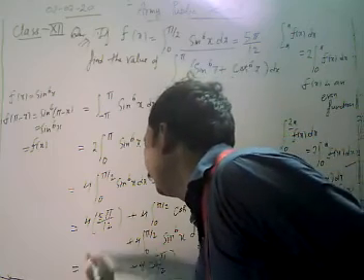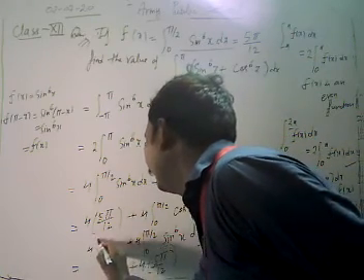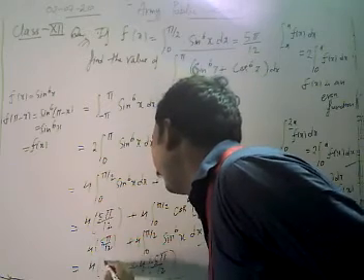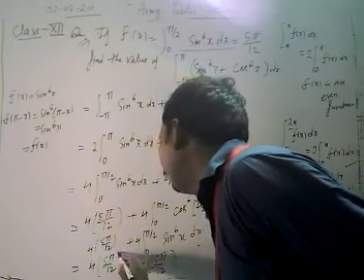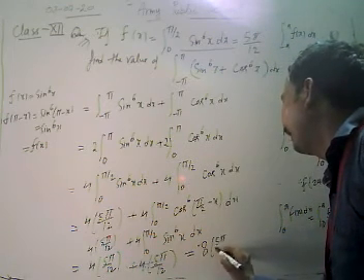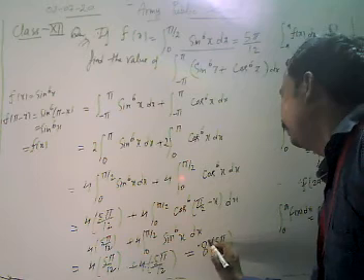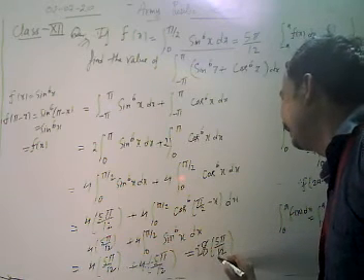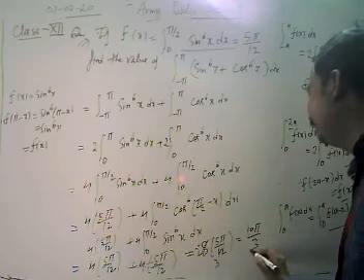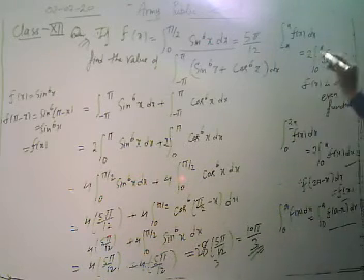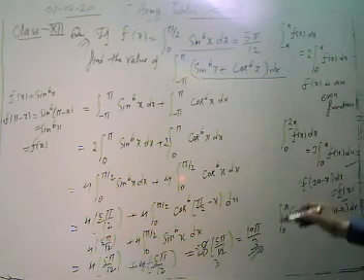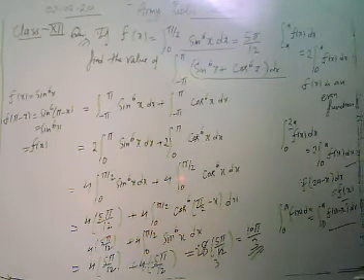Also we have 4 times 5 pi by 12 here, and here we have 4 times 5 pi by 12. Then we have 8 times 5 pi by 12; 4 twos are 8, 4 threes are 12. Then we have 10 pi by 3. So the value of the integral from minus pi by 2 to pi by 2 of sin to power 6x plus cos to power 6x is 10 pi by 3.